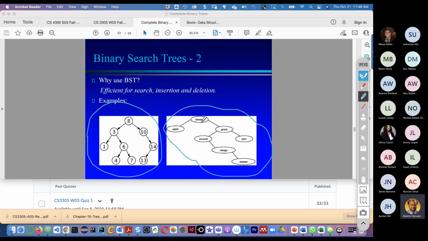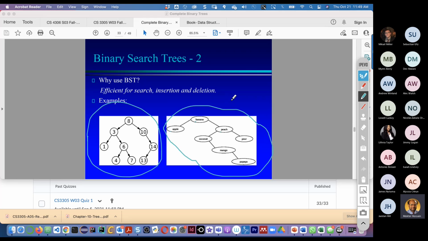If we take the first character, then it may be a BST. So for instance, the first character B. You are taking only the first character. The first character A is less than B, so it comes to the left side, and the first character P is greater than B, so it goes to the right.